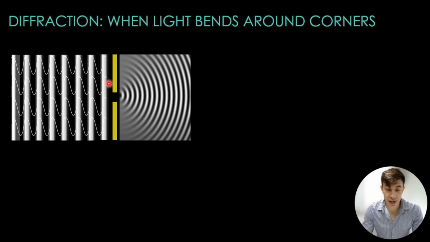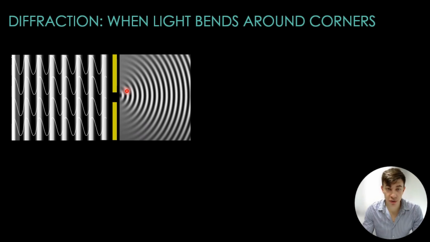As we can see, when the light is squeezed through this tiny hole, we can observe this ring-shaped pattern. So as the diagram shows, diffraction is the bending of light waves as they pass through an aperture or an opening or around the edges of an obstacle. When a wavefront encounters an obstacle, like here,